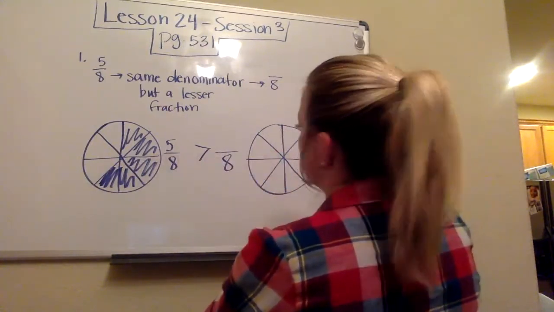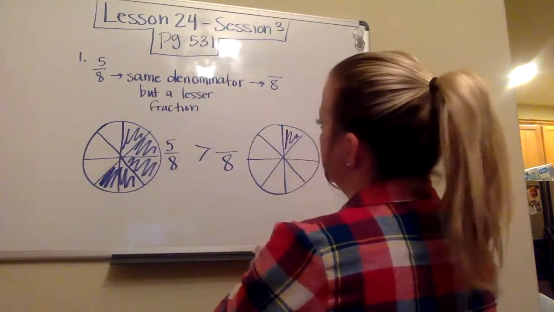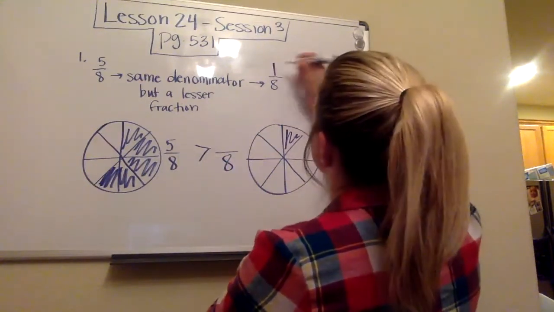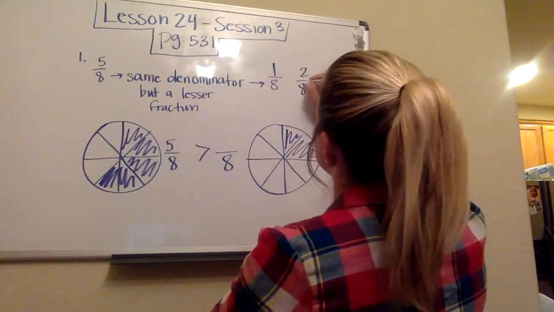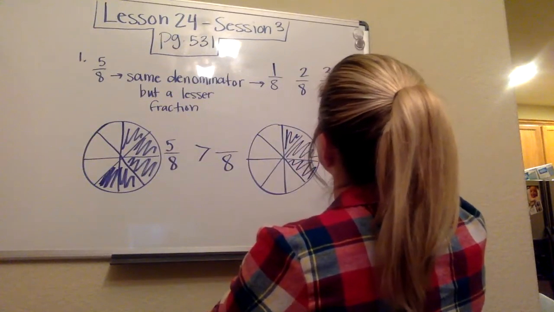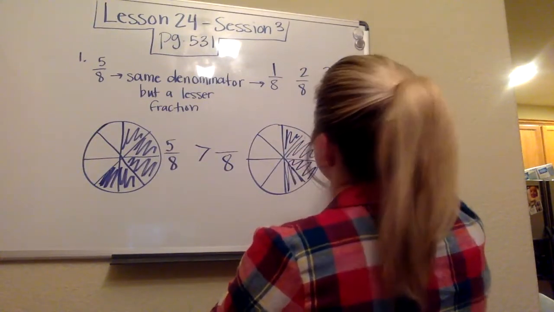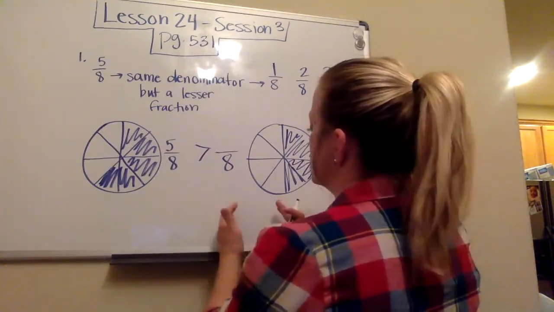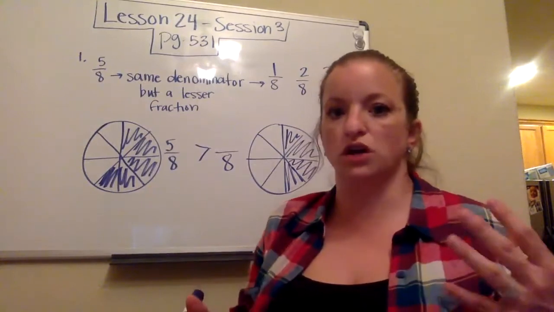So I could easily do 1/8. That's lesser. I could also do 2/8. That's smaller. 3/8. Or I could do 4/8. They all have the same denominator. It's a less amount. So I think in talking to some of you guys were getting confused on, well,